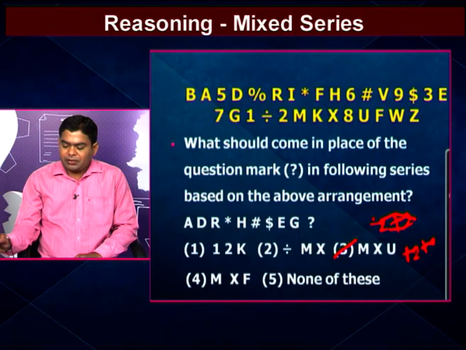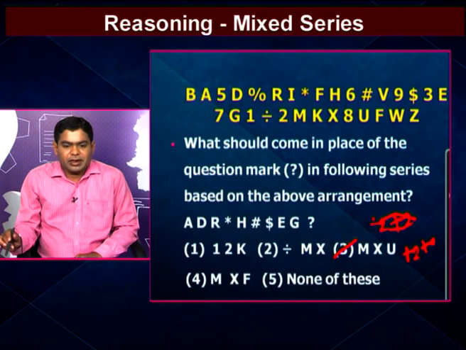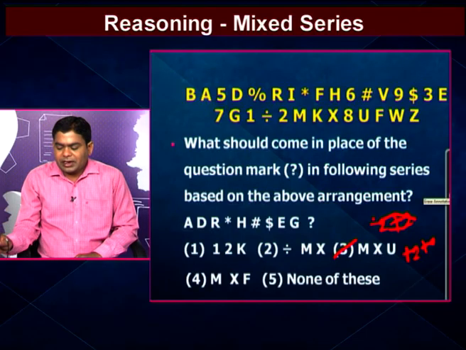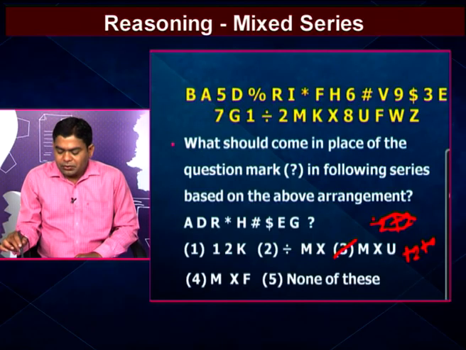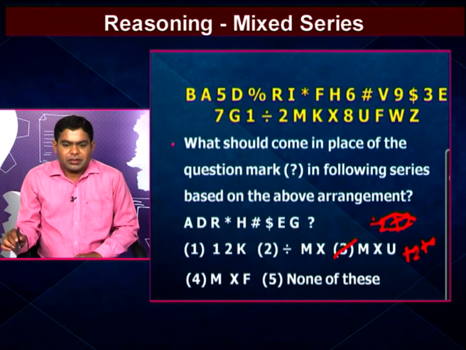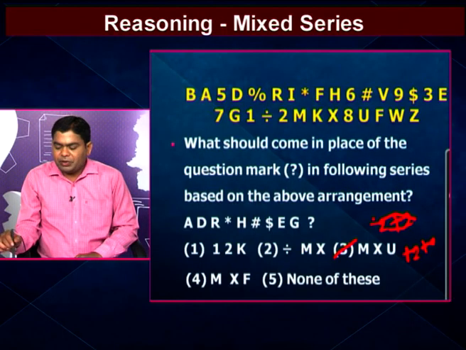That means in our question, one element is followed by the second letter. That element is again followed by the second letter. After that one letter is left out. After that that letter is followed plus 2 and again that letter is followed plus 2. After that 2 letters are left out. After that that letter is followed plus 2. That means plus 2 is there. Left out elements are increased. That's why M, X, U is the answer. So we go to the next question.